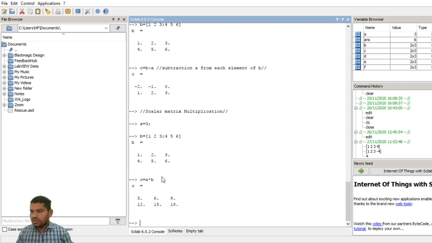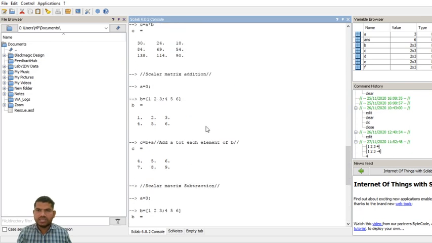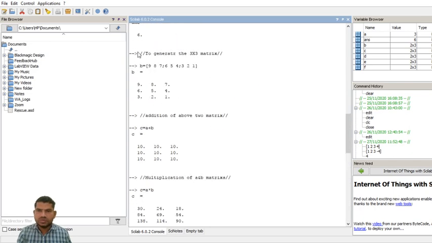Now I am going to the transpose of a matrix. The next operation is the transpose of a matrix. Before that, I am generating a 3 by 3 matrix.